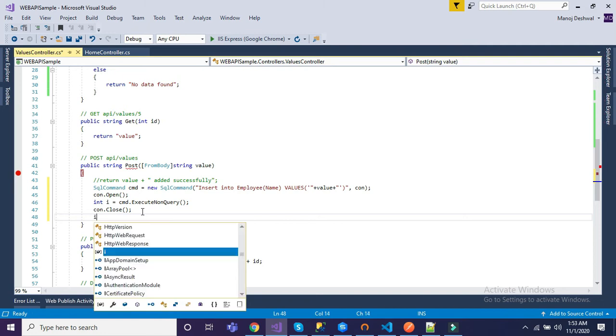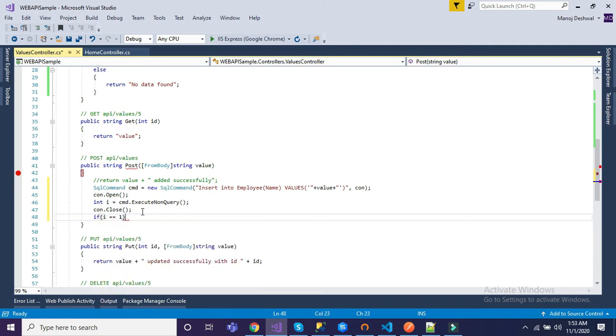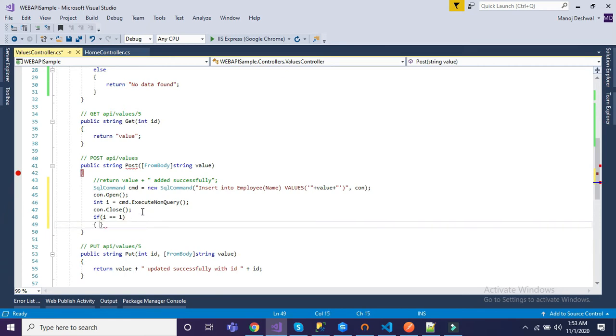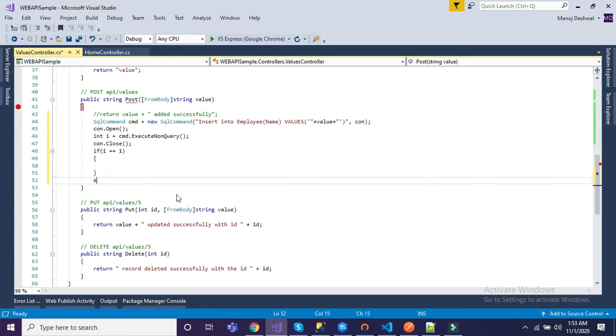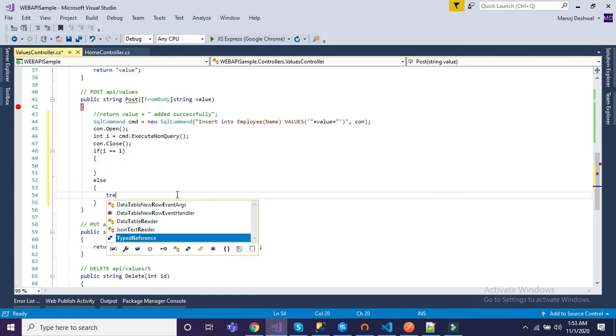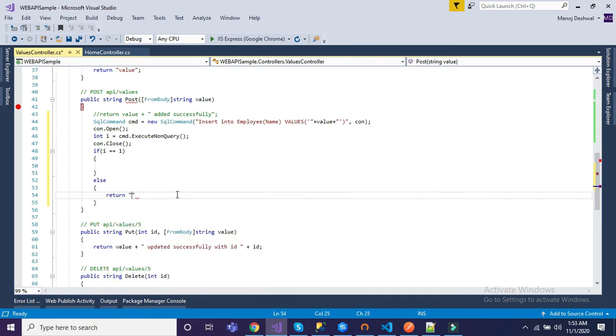So let me just check it. If i == 1, it means data inserted successfully, else something failure, else simply return try again, no data inserted.